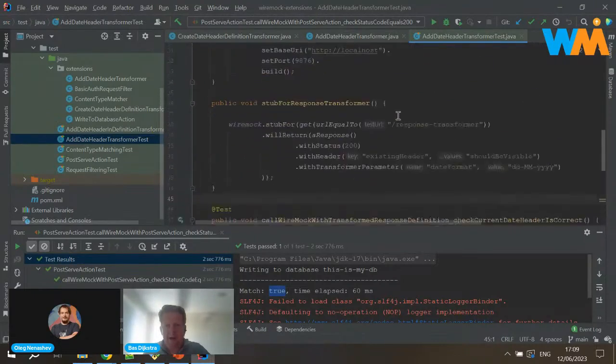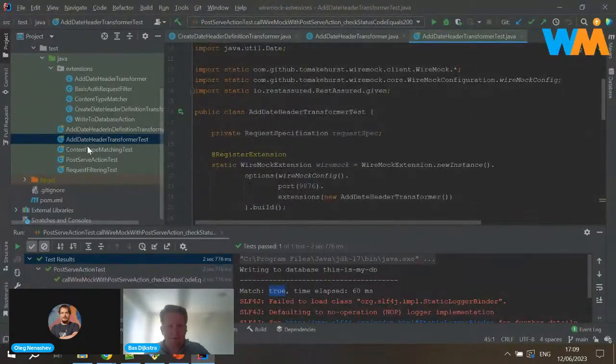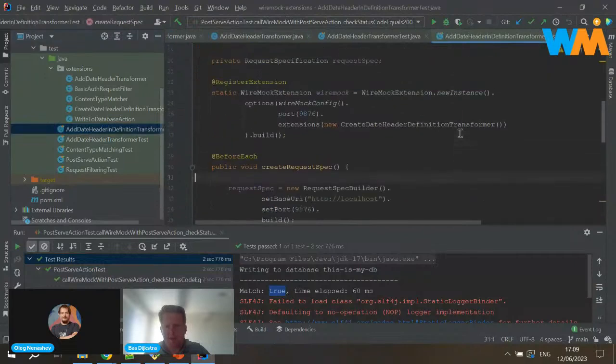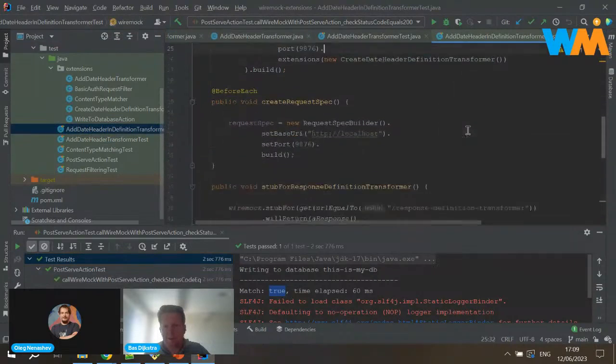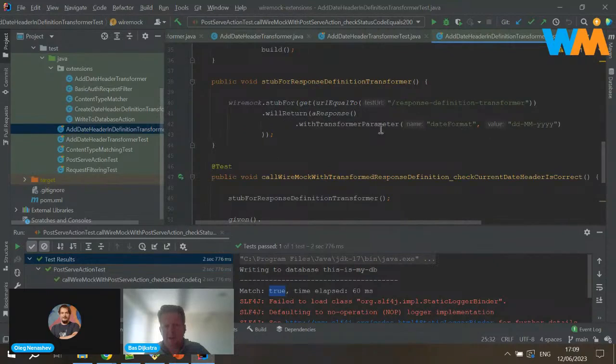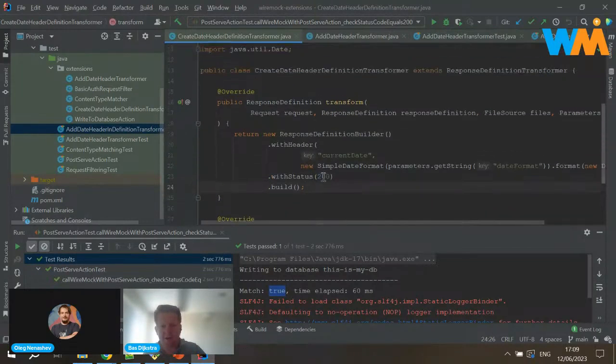Here too, I have an example. So again, let me start actually with the definition transformer, which returns, so there's no actual response properties in here because these are all set in here.